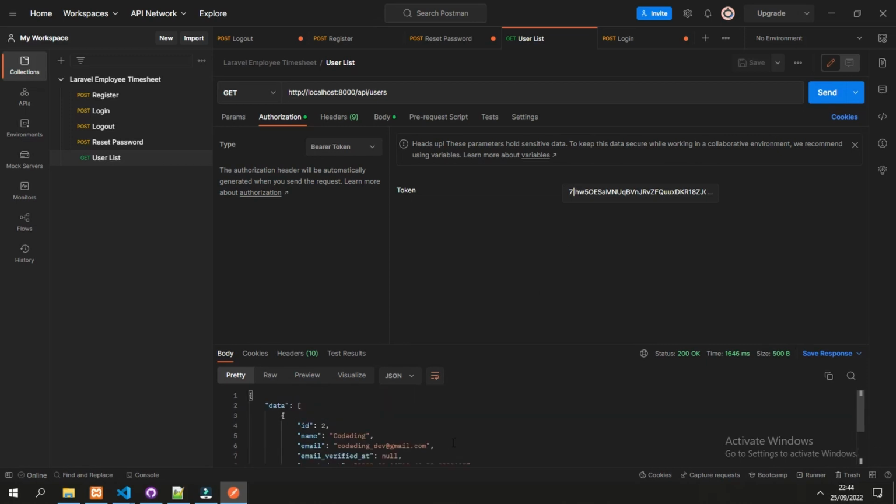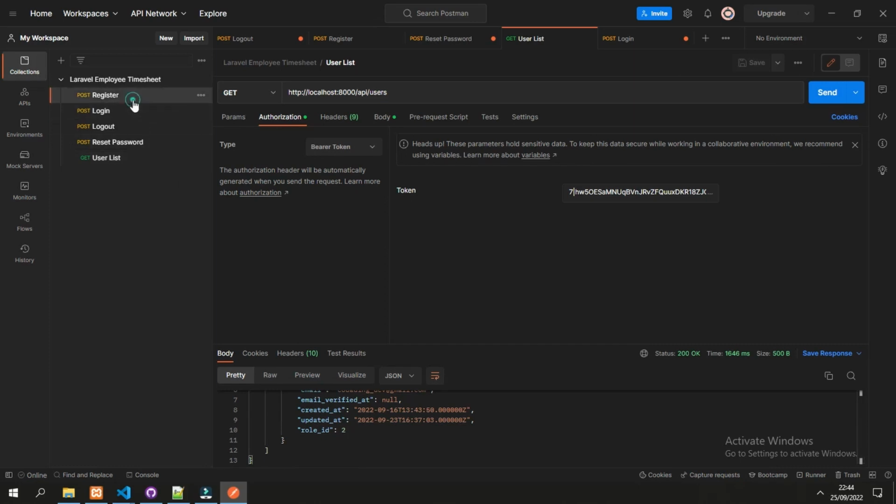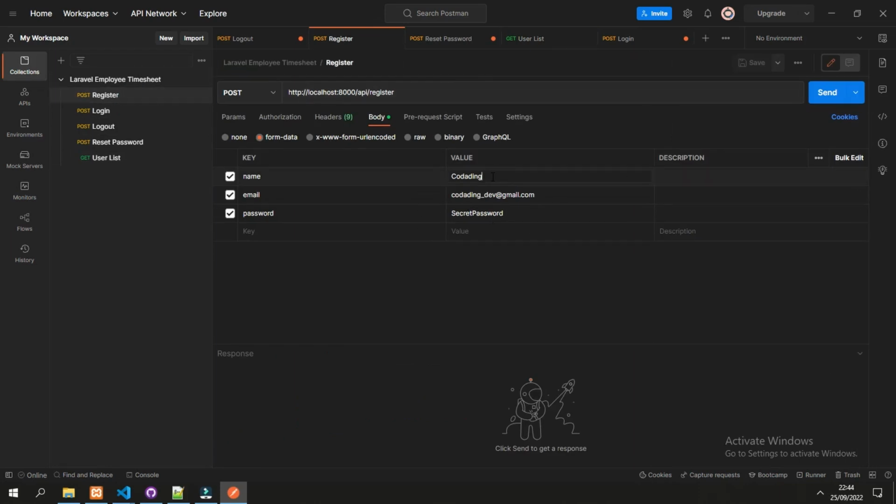Right now we only have one user, and it is wrapped in the data and in an array. So maybe to test we can create another account. For now the only way to add an account is using the register, so let's try a new one.